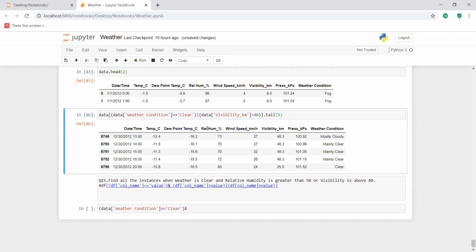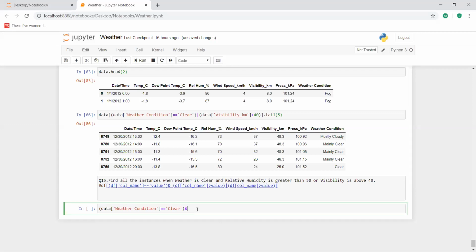And now we have to work with the relative humidity column. So here is the relative humidity column. Just copy this and refer to the column using the data frame. Since this column name is having a space, you should refer to it like this.